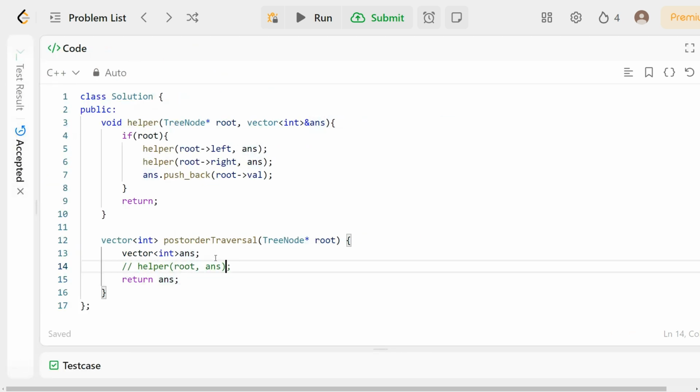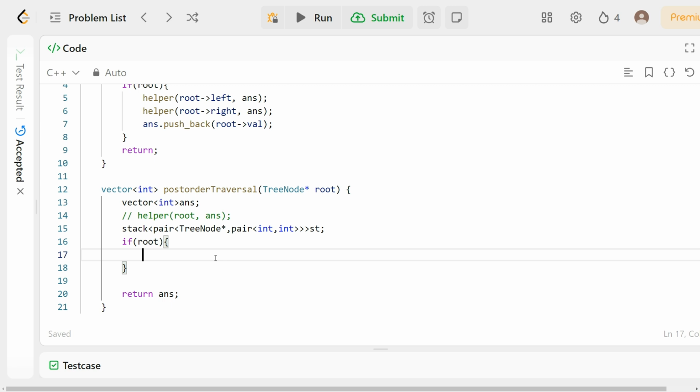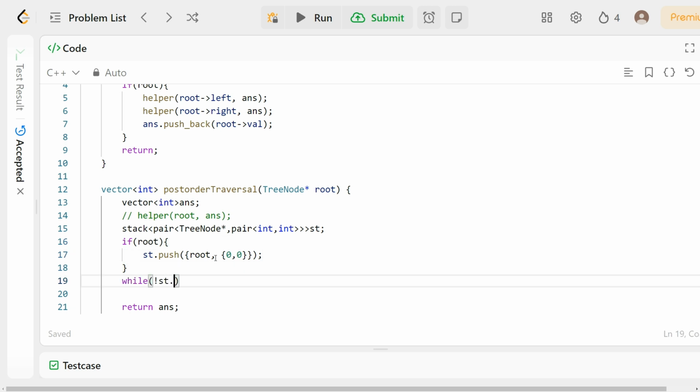So I will comment it down, right? Okay, now what will happen? First I will create a stack of pair, where the first element is my TreeNode*, and with it I will be storing the pair of int comma int. You can store the boolean values also, right? Okay, and let us name it as st. Now if my root is not null, in that case only I will push it into the stack. So st dot push, what do I push? I push my root with 0 comma 0, because the left and right subtrees have not been explored. And now while my stack is not empty,